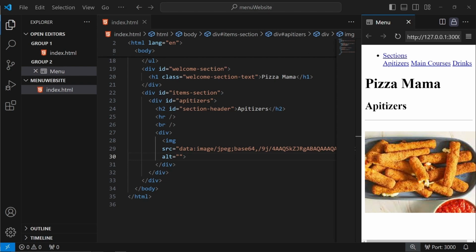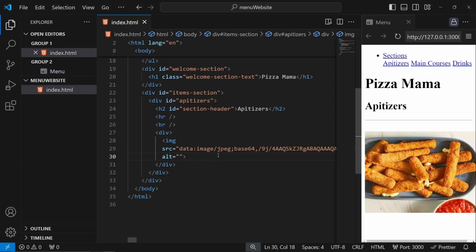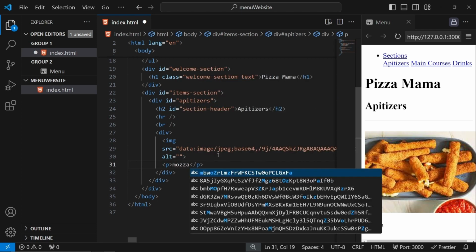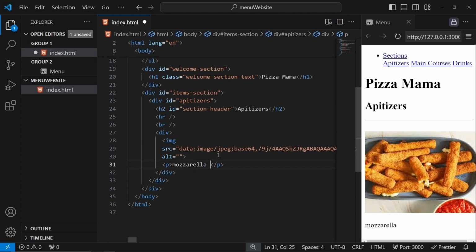So we're going to go ahead and below that, we're going to give it a description. So it's still inside that div. We're going to give it a P for paragraph. And inside of there, simply, I'm going to put mozzarella sticks, all lowercase. I'm also going to go ahead and do a dash and then a $10 sign. Awesome. All right, perfect. And in the opening tag for that paragraph, I'm simply going to put class, and I'm